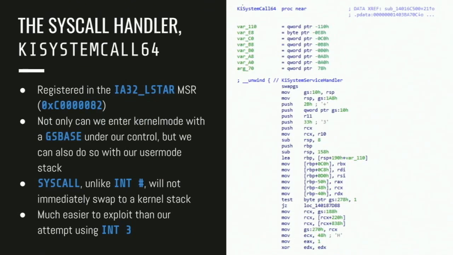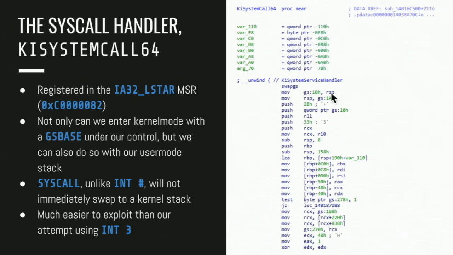Yeah, it's much, much easier because you don't have to deal with a lot of the complicated things that the int handler forces you to do. The best thing about system calls is that when they occur, they don't do a stack swap. In terms of the previous exploit, when we fire an int3 and then get that pending int1 that fires afterwards, because there's a privilege level change, going from user mode to kernel mode, we swap stack. With system calls, that doesn't happen. As part of the syscall instruction, it's well documented that you're supposed to update the stack yourself.